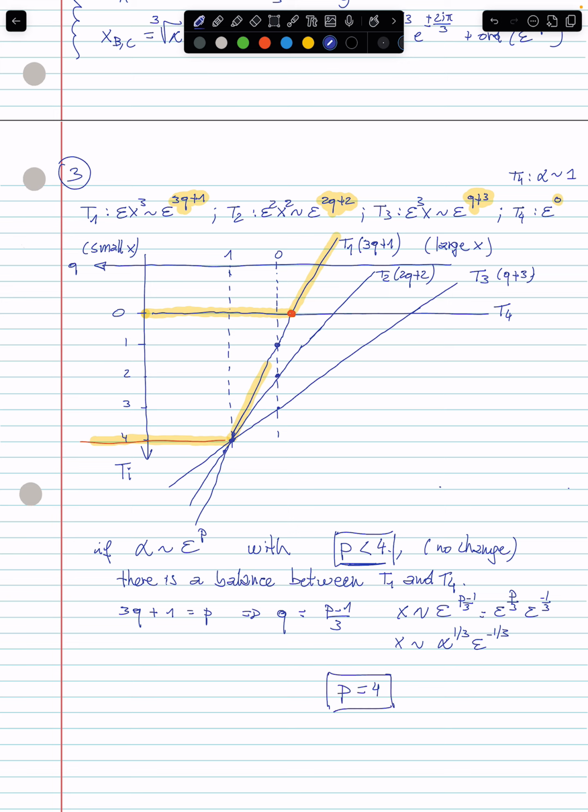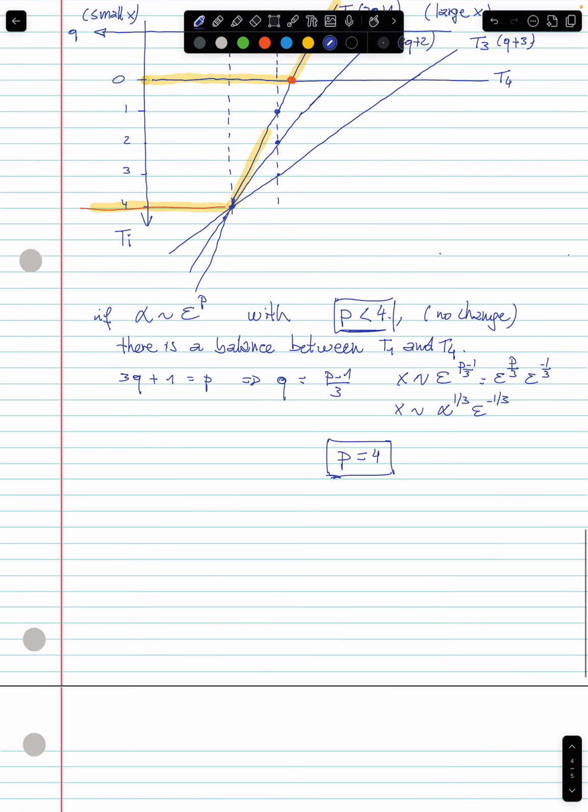Actually, we see that all terms have the same order of magnitude, and the root, this is just a particular case, right? This is continuous over there. P minus 4, p is equal to 4, so 4 minus 1 over 3. 4 minus 1 over 3, this is equal to epsilon. It means that when alpha, so if alpha has order of magnitude epsilon to the 4, then it means that